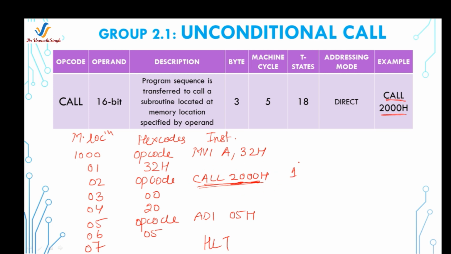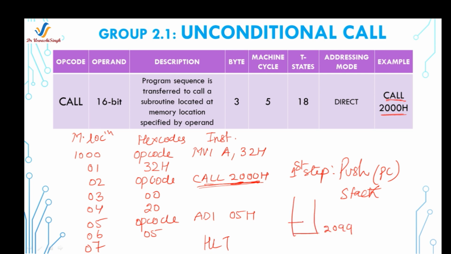The first step is to push the contents of the program counter onto the stack. Let the stack location be 2099, and after this there is 2098 and 2097.